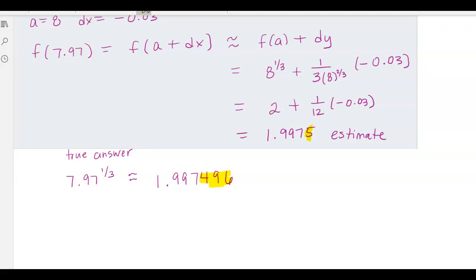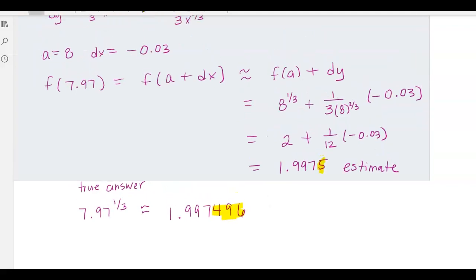So again, don't get too hung up on the fact that we're using functions that we actually know how to plug into a calculator. The idea is that we're using functions that we know something about to show the process of what differentials are used for. We will go over more examples in class, and I